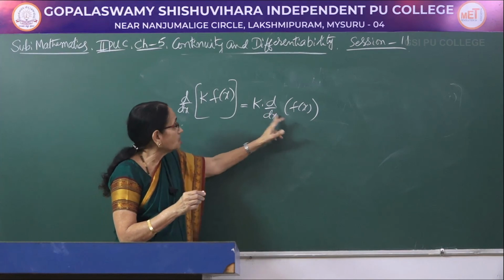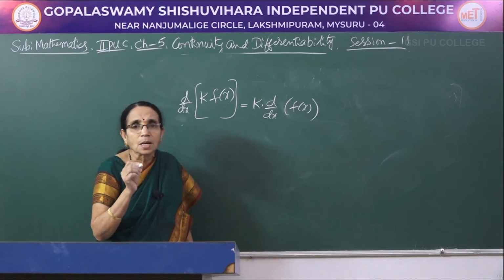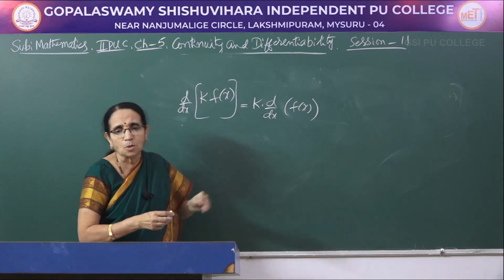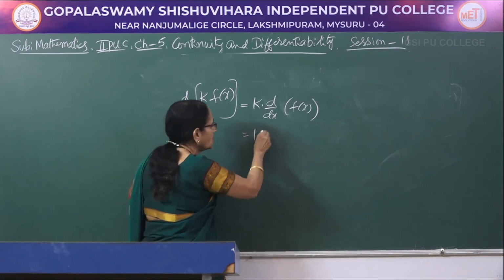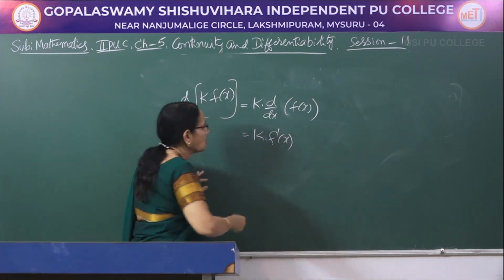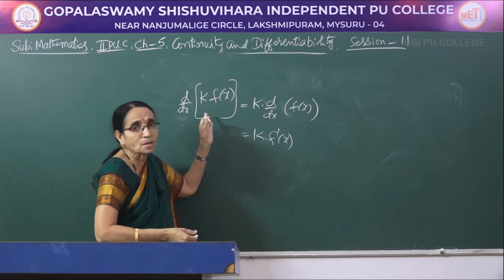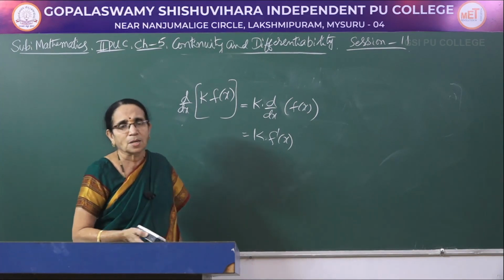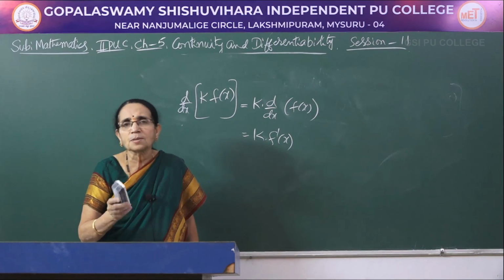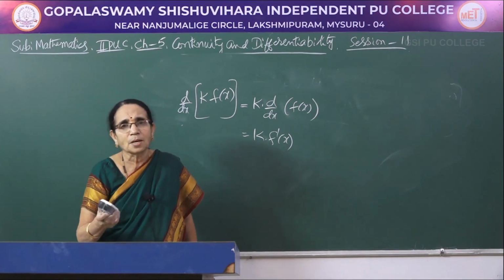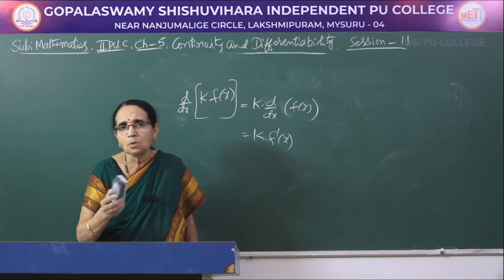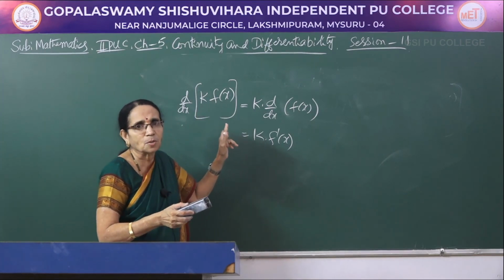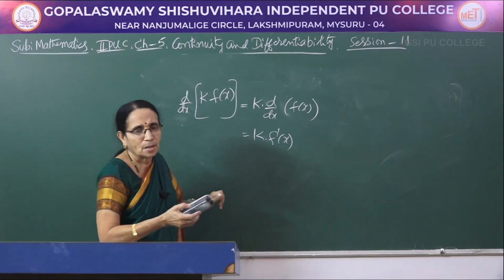But when the function is multiplied by a constant, the constant remains the same and we have to differentiate only the function. That is, it becomes k into f dash x. Whatever the constant, if it contains the variable, you have to apply the product rule. This is known as scalar multiplication. In the product rule, we had both functions containing the variable, like x into sin x, x into cot x, e power x into tan x. Both of them are functions of x, whereas here one is a constant and the other is a function.